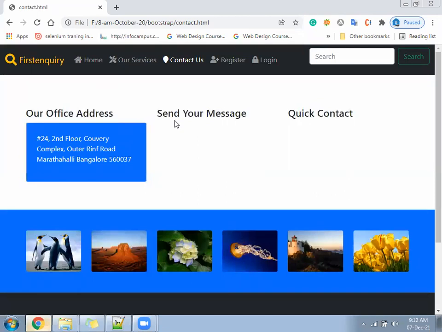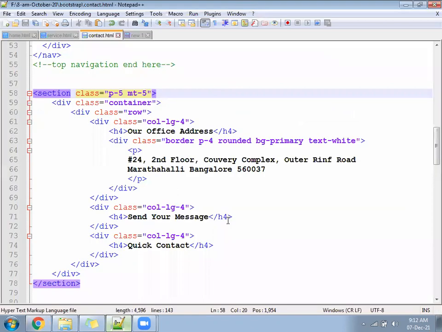See. Now in the middle 4, you are going to create a form.